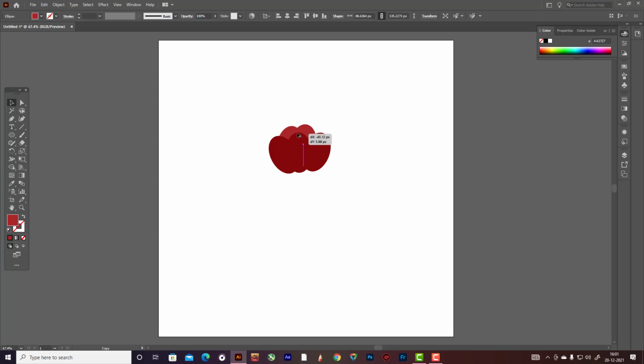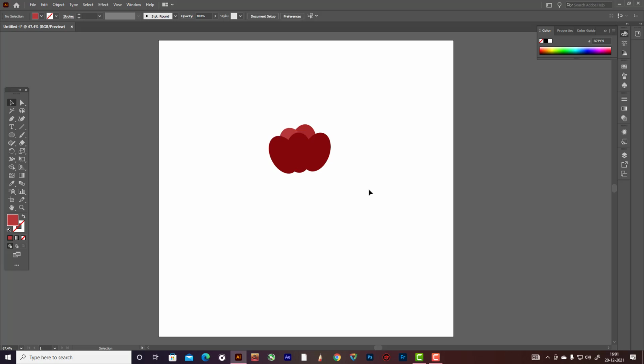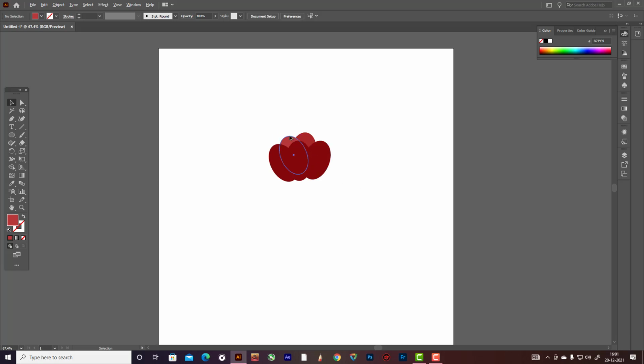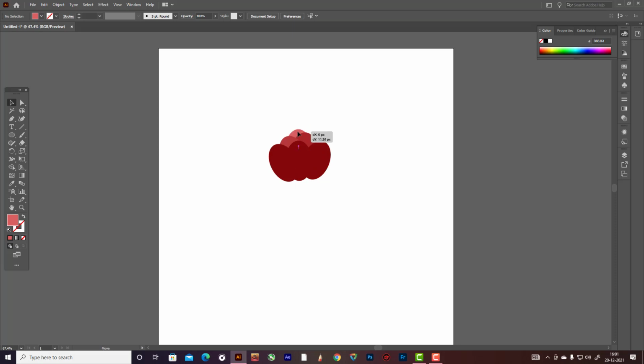Okay, and you can clearly see the differences, and just here some lighter versions because the light comes from this part, and just take this like this. Okay, now this is the basic structure, and now